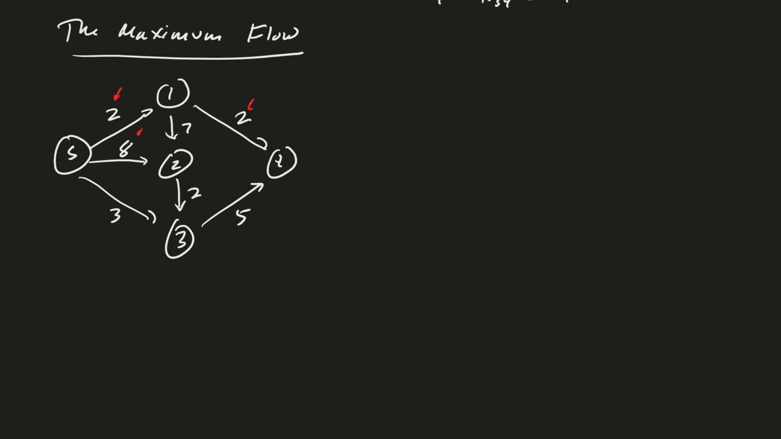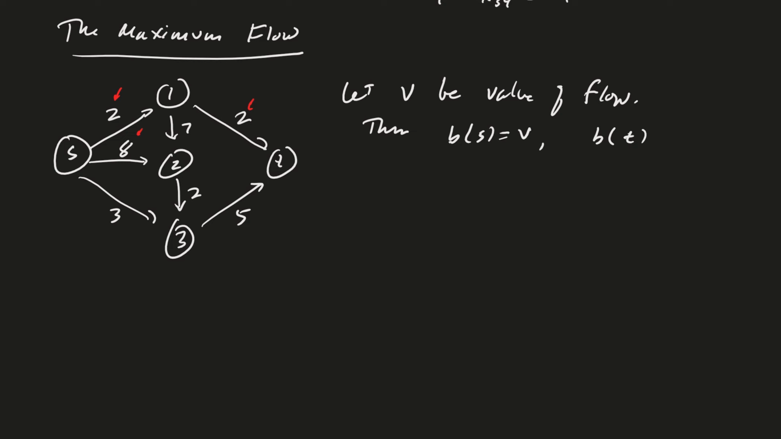And so the way we're going to do this is we're going to create a new variable. And the variable that we'll create will be V. And so we will say let V be the value of the flow. Then what we're doing is taking B corresponding to the source is going to be V, and the B value corresponding to the terminal value is going to be minus V. Okay, and so we're also going to be then maximizing V. So we're going to maximize V such that